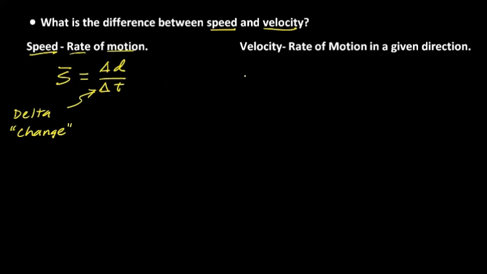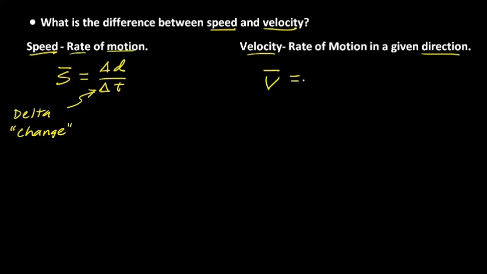Now, how is speed different from velocity? Well, velocity is rate of motion in a given direction. So there's one difference right there. And the other difference that you see really doesn't show up in this definition, but it really does show up in the equation that can be used to calculate velocity. So the equation for velocity looks like this. Average velocity, that's a v with a line over it. The line tells you that's average velocity,